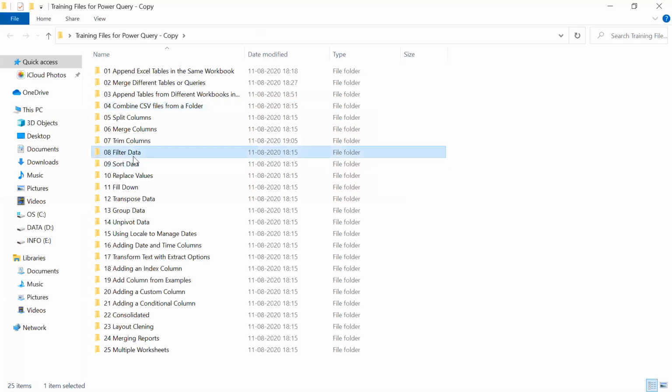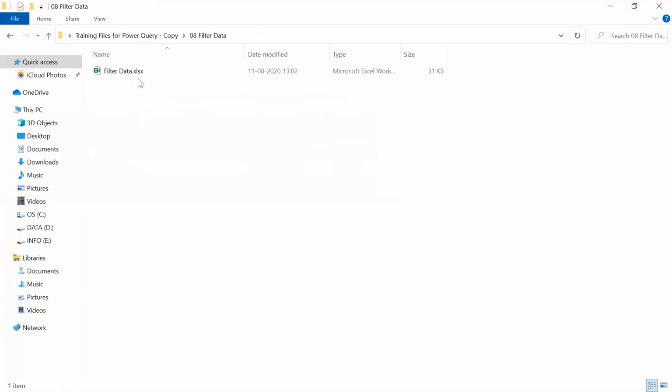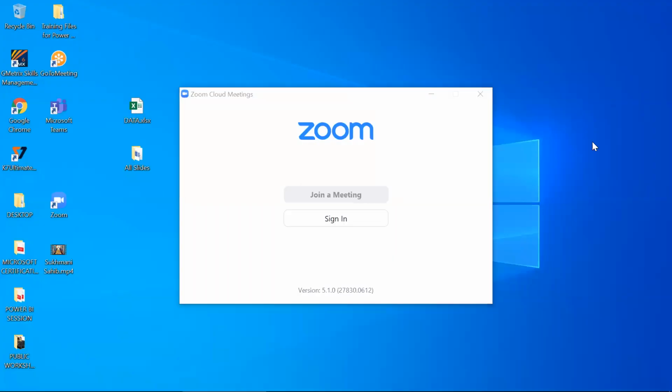So this is done. We have a filter data option. So I hope you understand the filter and sorting both. Fine. So in this filter, we are working on